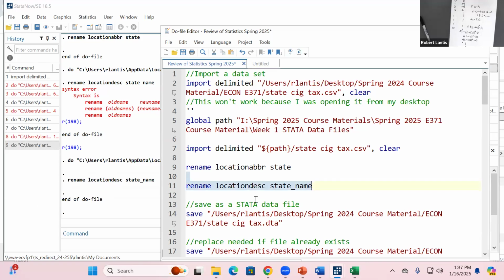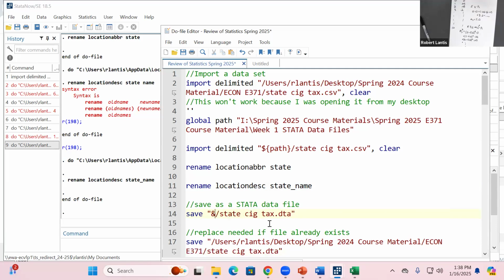So I can rename variables. I can do other things with the data. But at this point, I've renamed the variables. I don't want to have to continuously go through and file import and worry about file paths. So what I'm going to do is save the data, not as a CSV file, but as the actual data files we want to use, those .dta. Now, once it's imported, it's living behind the scenes as a .dta, but it isn't saved anywhere. So I can save it, and once again, I can use